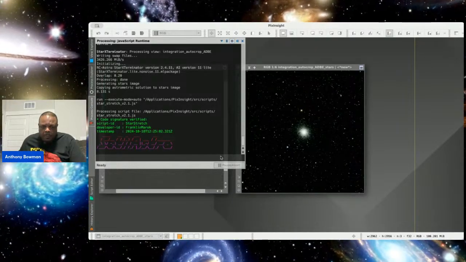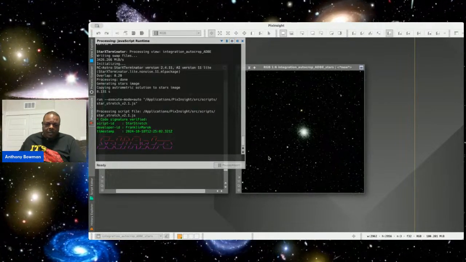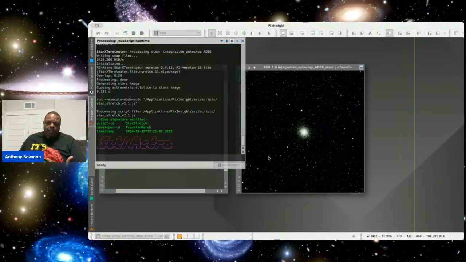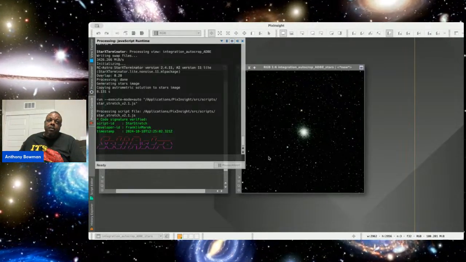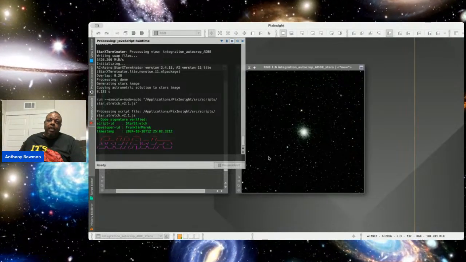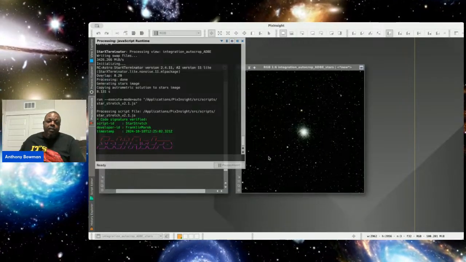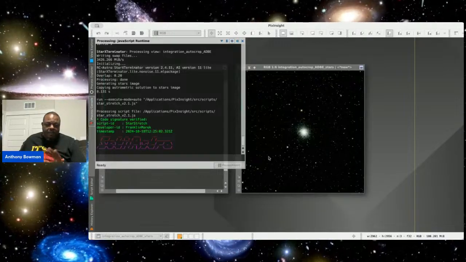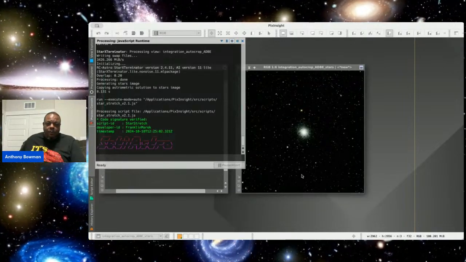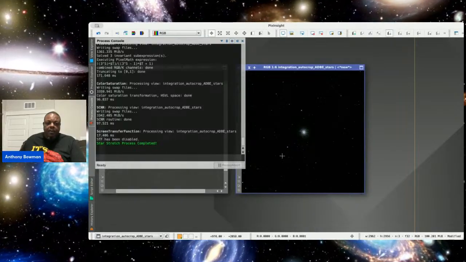So we're gonna remove the green because when you're dealing with a color camera, there's green pixels, red and blue, but there's way more green. There's twice as many green as there is red and blue. So you might have a little green overcast. So you want to remove all of that green and just basically even it out.